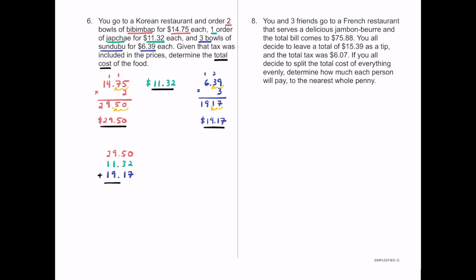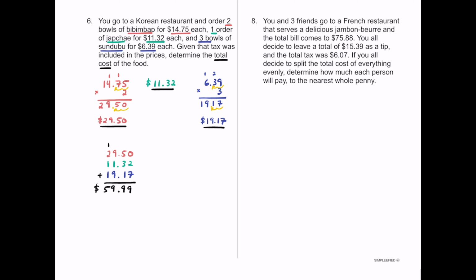Okay, so if we go ahead and take these 3 prices, 0 plus 2 plus 7 is going to be 9. 5 plus 3 is 8. 8 plus 1 is going to be 9. Bring the decimal straight down. 9 plus 1 is 10, plus 9 is 19. Carry the 1. 1 plus 2 is 3. 3 plus 1 is 4. 4 plus 1 is 5. So it looks like our total is going to be this